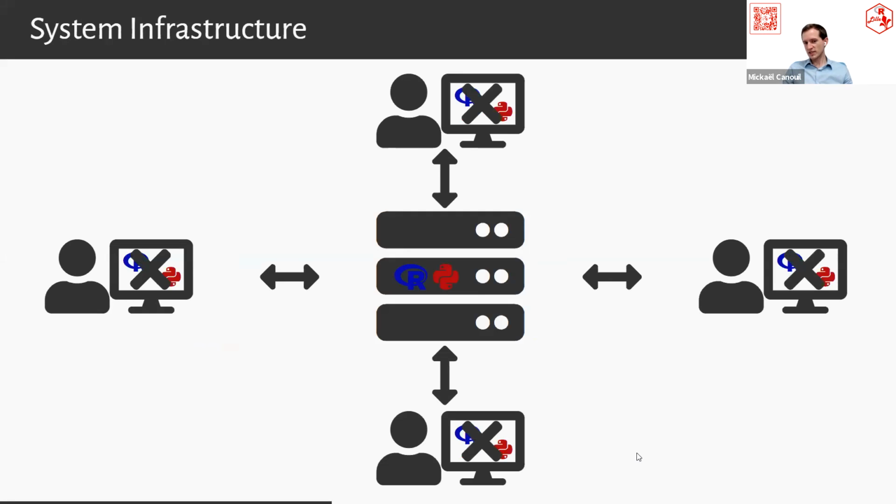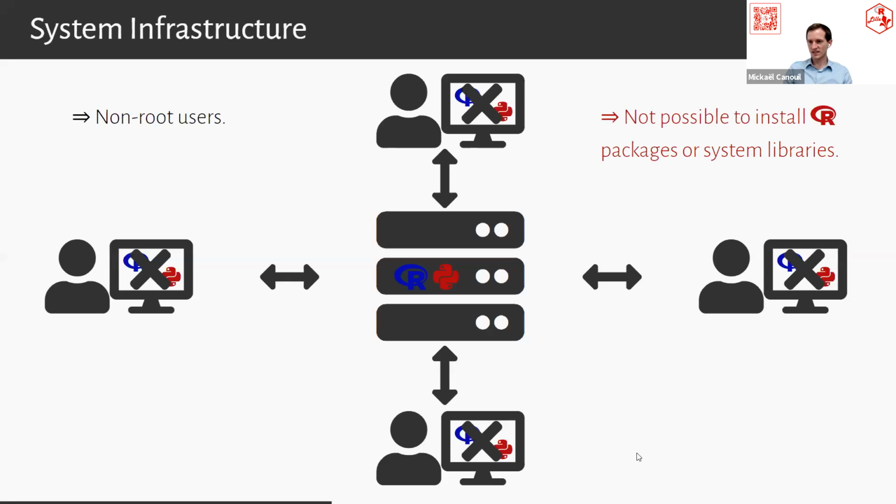And worse, in my lab it was actually more this setup, meaning the R and Python were on the server, and our computer was only an access to that server through SSH at first. So here we have basically one access point, one server to do everything. That's not nice because we were not root users, so we were not able to install R packages or system libraries. So really hard to work with. We always had to ask IT, I need these new packages, could you install them?